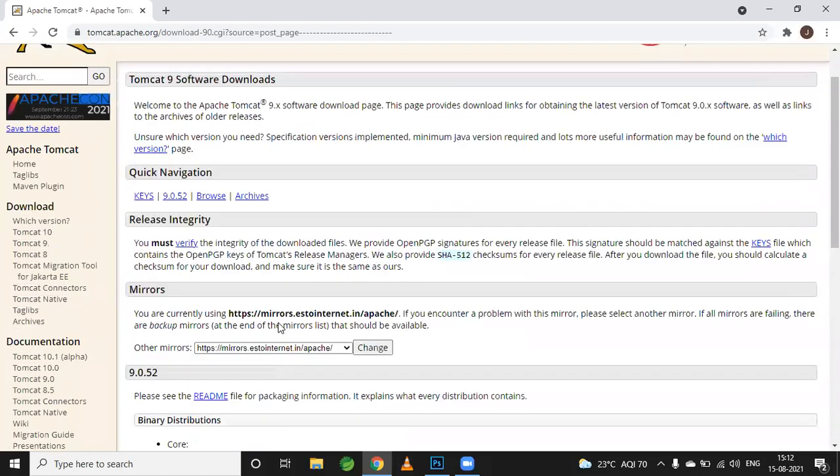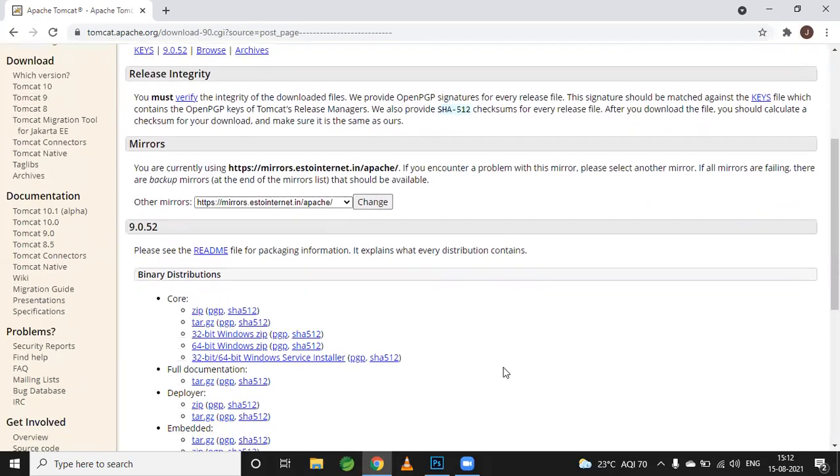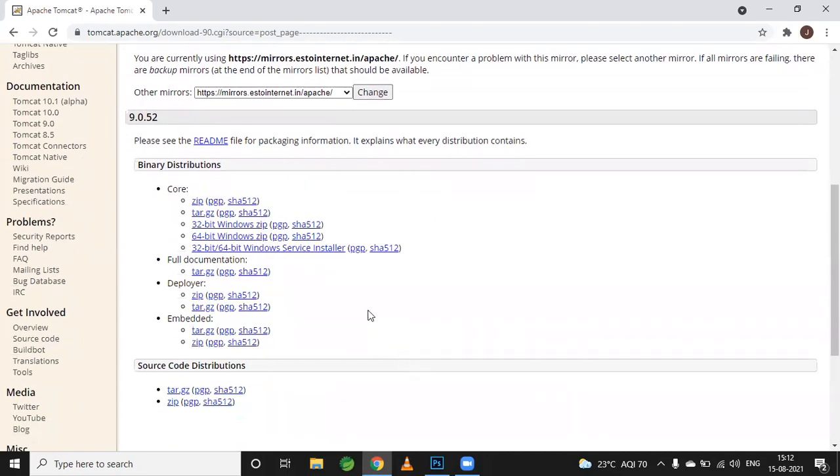Okay, so as per your requirement you can download any Tomcat. For now I'm downloading Tomcat 9, so that is why I'm getting this 9.0.50 section. Let's go ahead and download this installer. Here you have to select this 32-bit/64-bit Windows Service Installer. So click on this installer, and it will start downloading into your system. As this installer is 11 MB, it will take some time depending on your network.